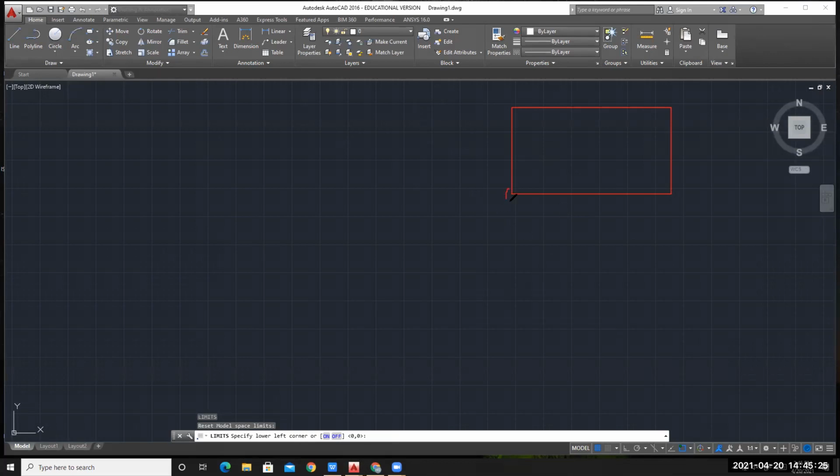There will be some coordinate for this corner and there will be a coordinate for this corner as well. What we write for this corner is your lower left corner, and this is your upper right corner.